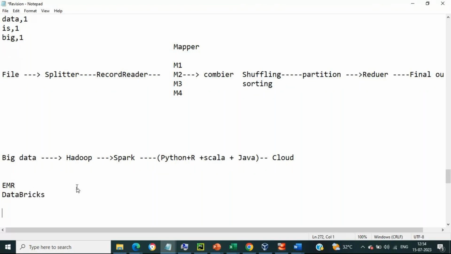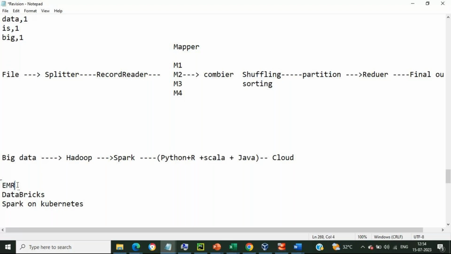Spark can also run on Kubernetes, Spark on Kubernetes. Once we are going through this PySpark, then I will provide you the insight about